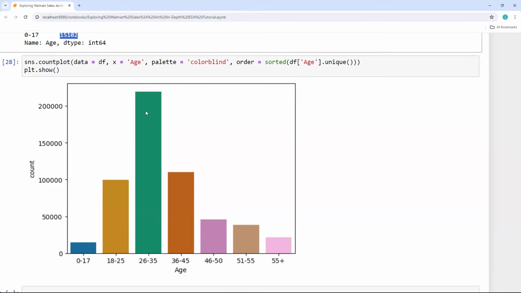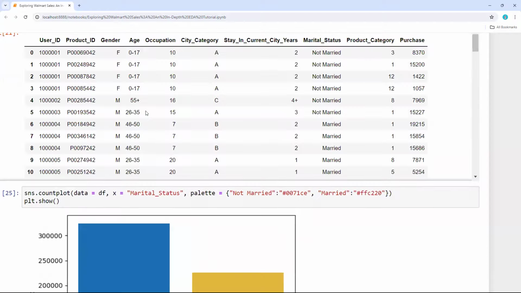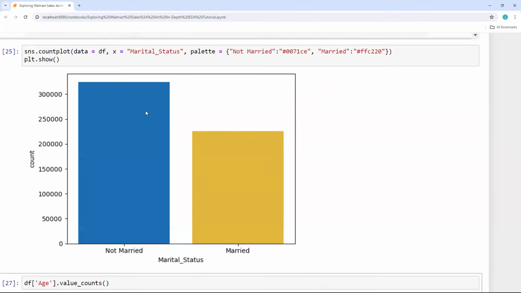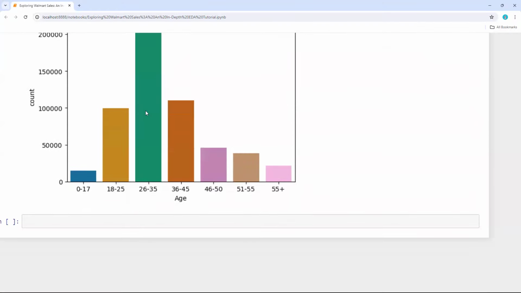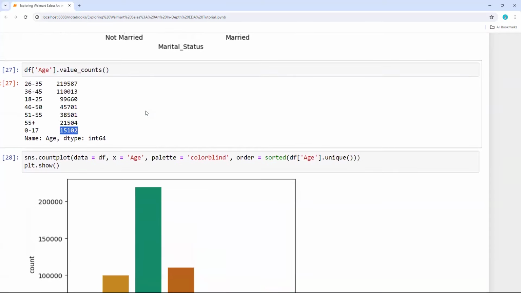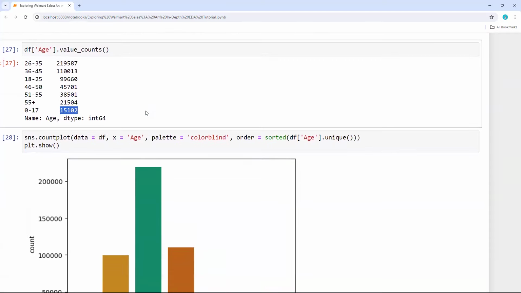So this is how you can visualize as per gender, and also as per marital status, and also as per age. It will give us clear details about who is purchasing more if we look at the entire sales. So that is how you can do. And also